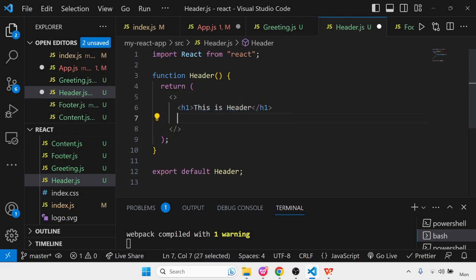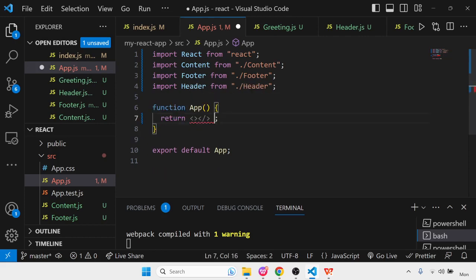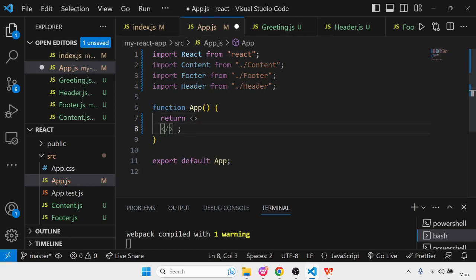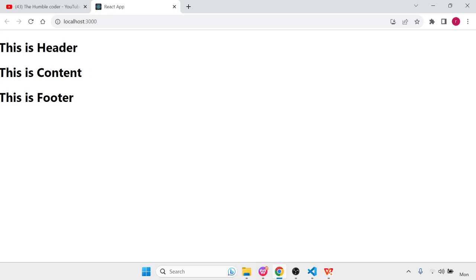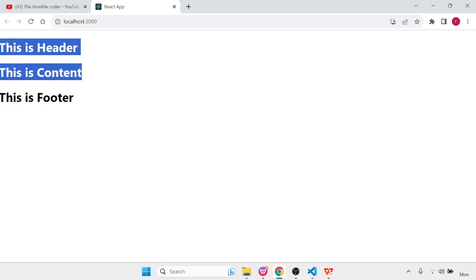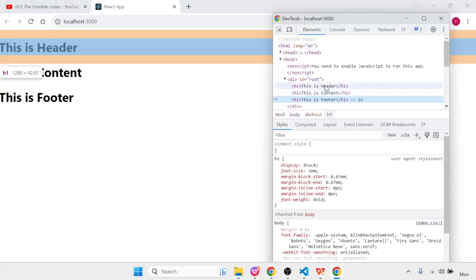Now I am removing this other statement, saving this file, and now we will remove this error that we are getting by using the React fragment. So I hope now you have got an understanding of what is React fragment and how it helps us in our React code. So once I save it, and when I go to my content, you can see first of all header component is displaying, then the content, and then the footer component, and we are not even getting any error. And once you inspect this code, you will not find any separate React fragment tag also.